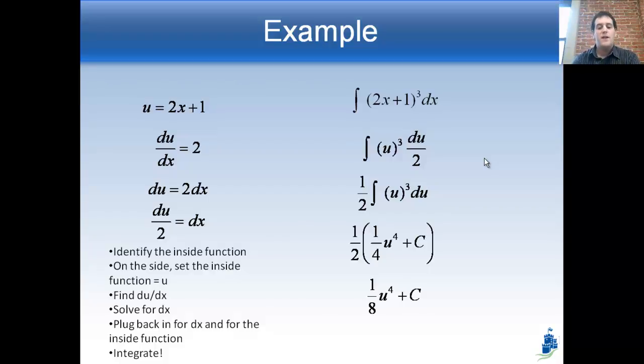And then the very last step, u is made up. You made up u. It wasn't given to you in the problem, so we just put this back in terms of x. So instead of using a u here, we replace it again with, well, u is still equal to 2x plus 1, so we put that 2x plus 1 back in there and get our answer: 1/8 times (2x plus 1) to the 4th plus c. So that's a long process, but you have to go through all the steps. Start by finding the inside function, 2x plus 1, set it equal to u on the side, differentiate it, find its derivative, rearrange so you get